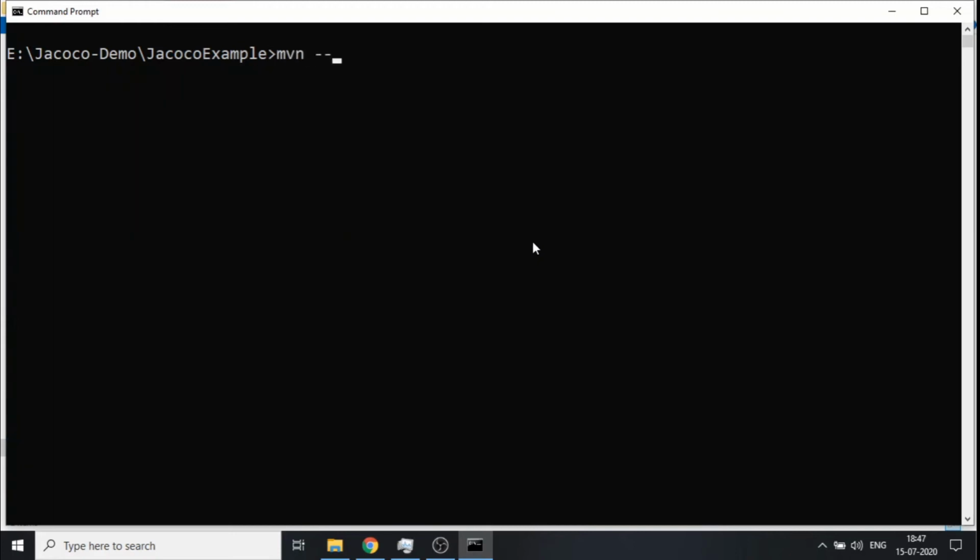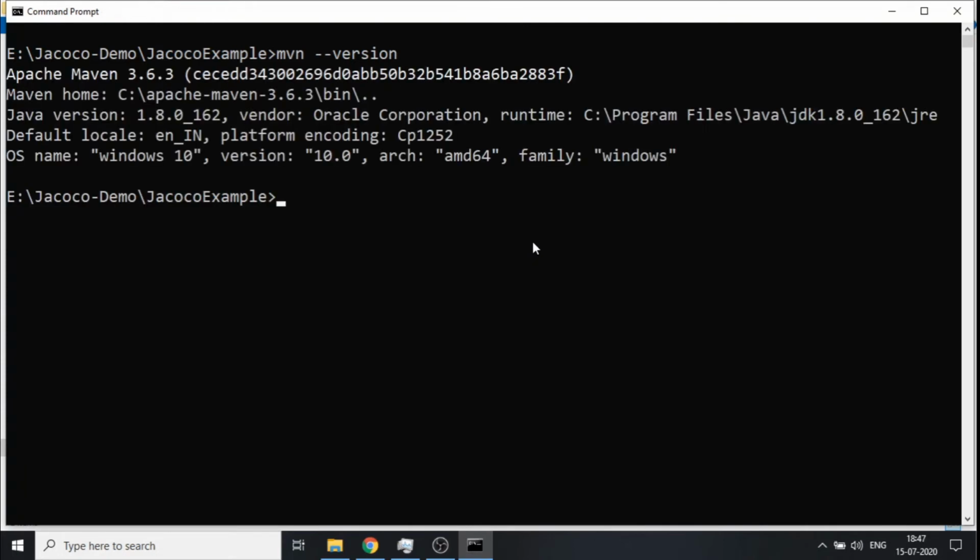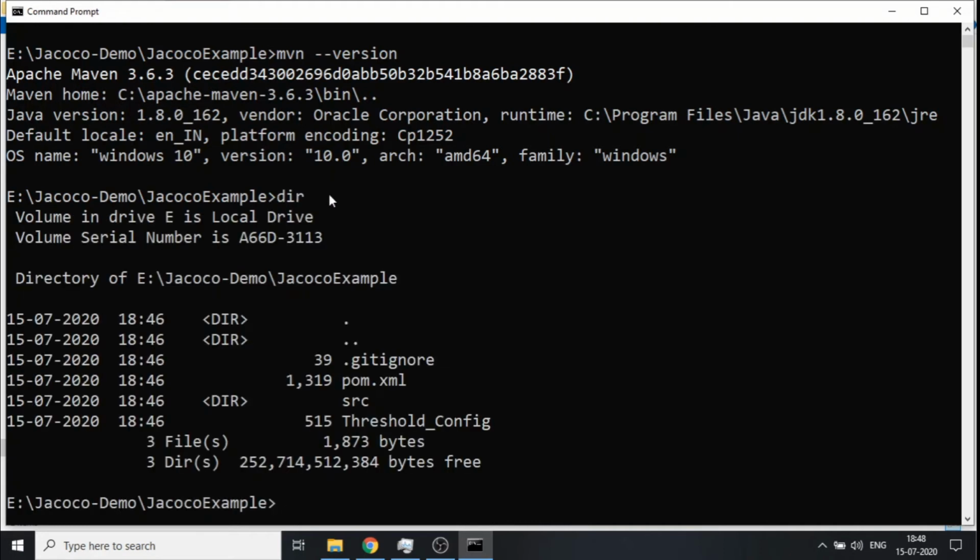So if I say mvn -version, it should typically kick off Maven and give me a version. Yeah, it shows me Maven 3.6.3 is the version that I have, and the corresponding Java required for Maven to run. Okay, so I have JDK 1.8. All right, if I do a dir, I have a pom.xml. All that I've got to do is, I don't have anything else installed in terms of Jacoco or anything like that. All that I've specified is in the pom.xml, where I'm referring to the Jacoco plugin and the version. So I will just do something called